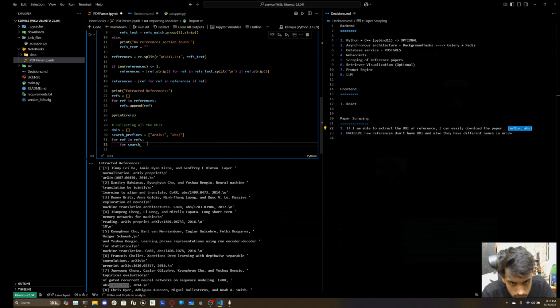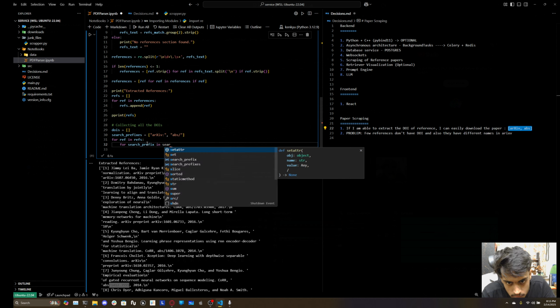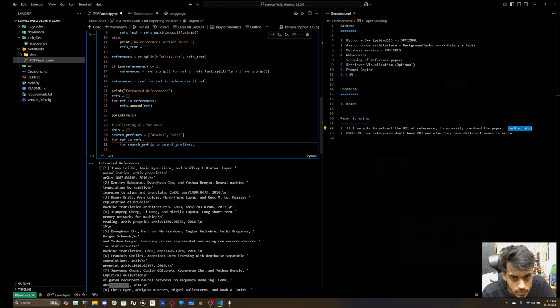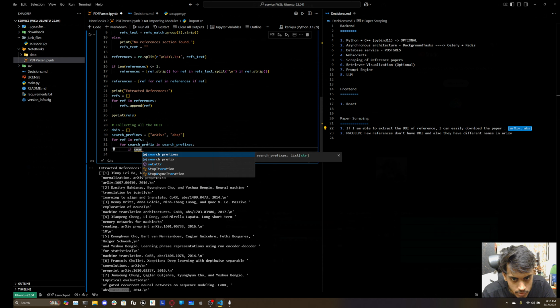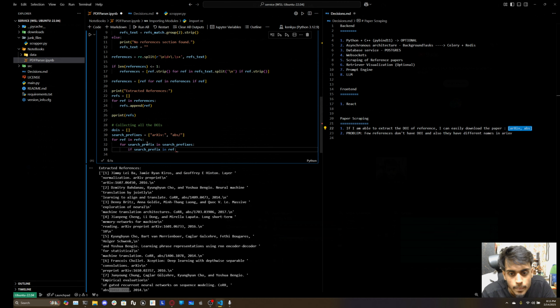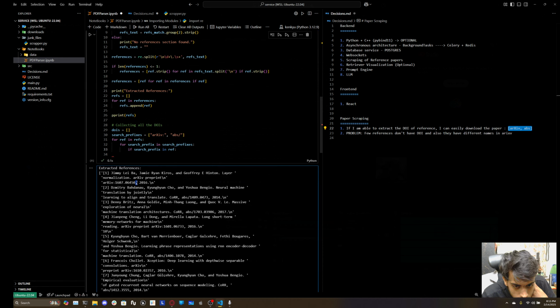Now for search prefix in search prefixes, okay. If search prefix in ref, then I will go to that position, and from there I will scrape out the last comma